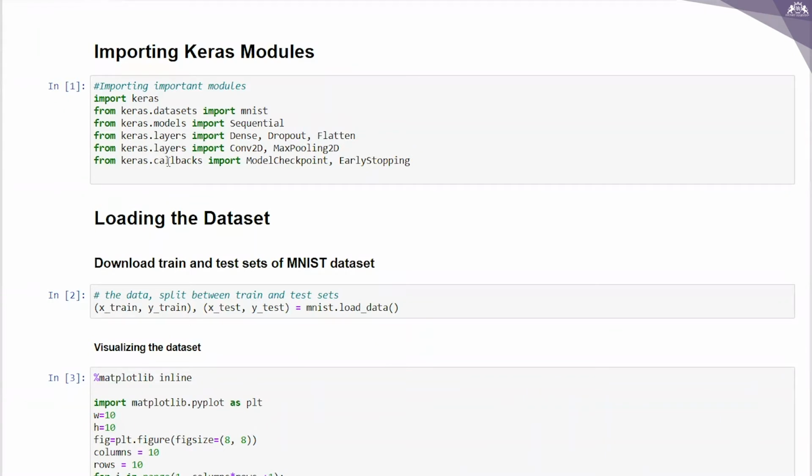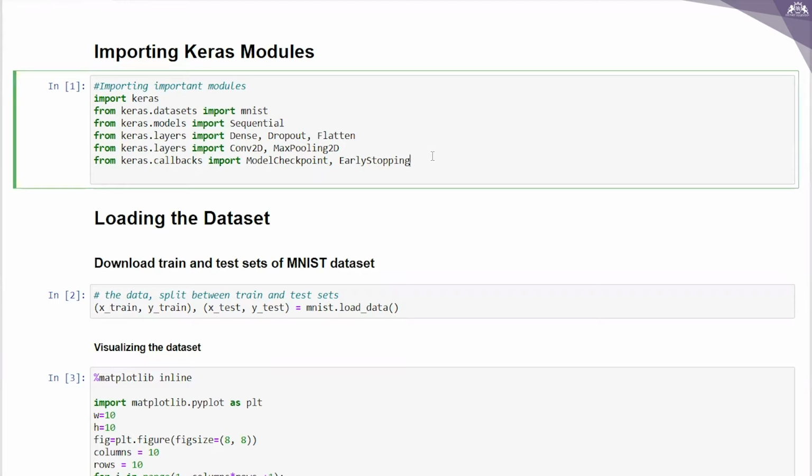And then from keras.callbacks import ModelCheckpoint, EarlyStopping. So in the first step, I'm importing all the necessary modules. I have imported all the modules.